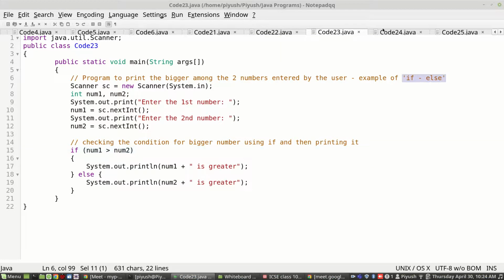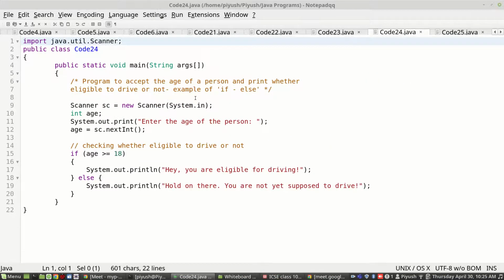So let's say you have to write a program which checks whether the person is eligible to drive or not. So what is the driving age? Driving age is 18 years. Okay.